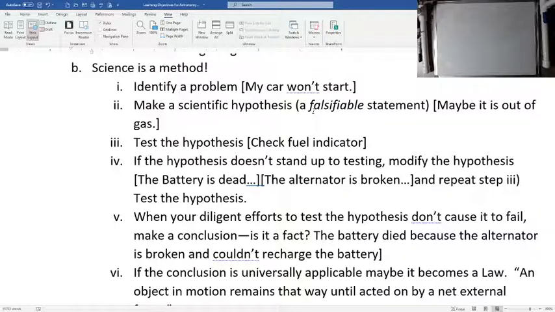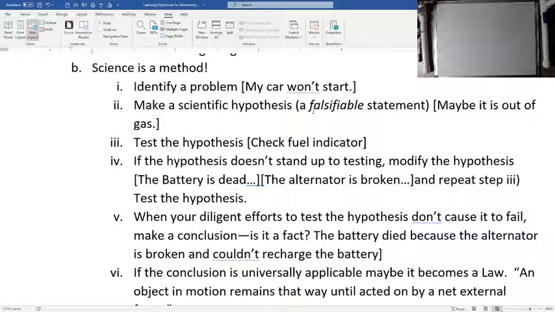And so we can test the hypothesis. We can check the fuel indicator. Or we could stick a rag down into the gas tank. This might not be the best idea in the world, but we could do it and see if it comes out with gasoline on it. And that might tell me if I'm out of gas. If the hypothesis doesn't stand up to testing, in any case, whether it's a highfalutin hypothesis or an everyday hypothesis, I would have to change it. So, if I find gas in my gas tank, I have to modify my hypothesis. Maybe my battery is dead, or maybe the alternator's broken. Well, once I have a new hypothesis,